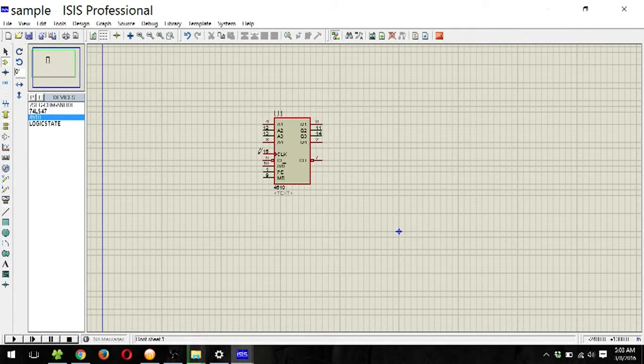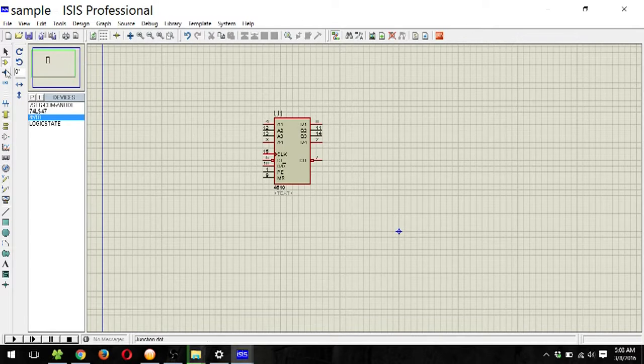So we will be giving clock from pin number 15, and up down count can be selected from pin number 10, and this IC will give me output in the form of BCD onto these pins. So this IC will count in BCD. Now to display the output, one option can be that the states of these pins can be indicated through LEDs. If I connect the LEDs here, then the LEDs will give me the pin states. So we can do that.